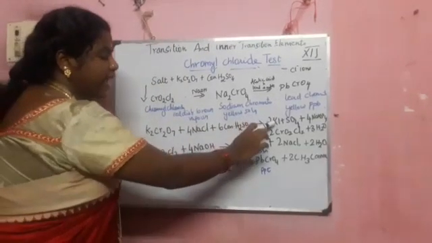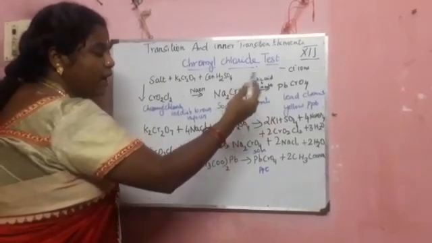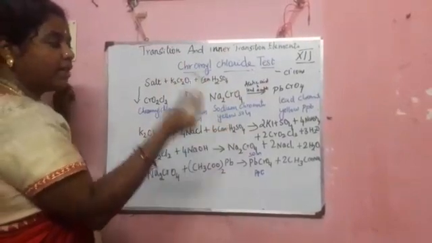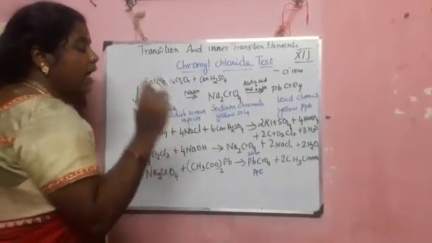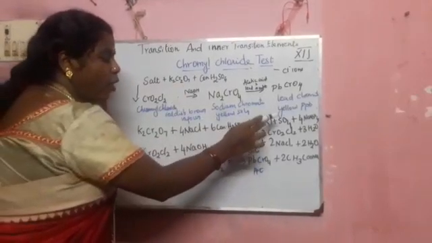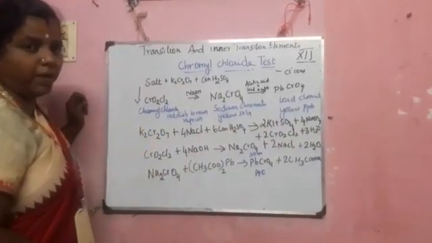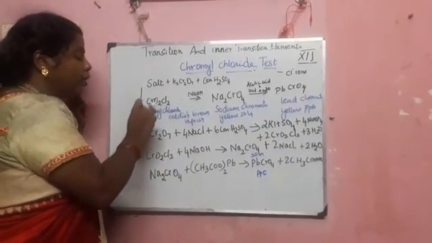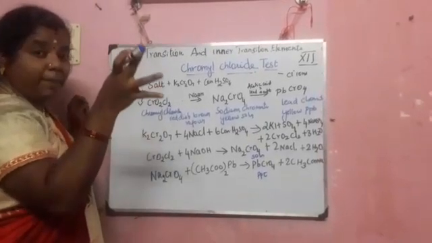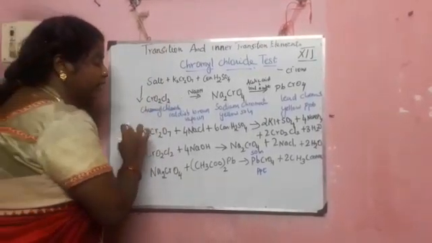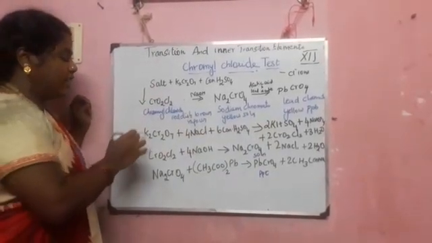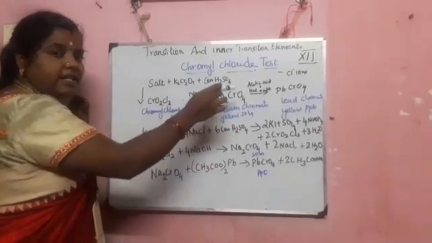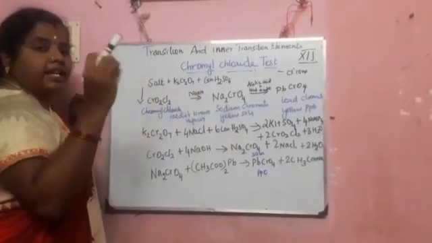You get KHSO4, potassium hydrogen sulfate, and sodium sulfate also. So other sulfates with sodium as well as potassium are formed. Then chromyl chloride is formed, and water molecules are also formed. So this is the first reaction involved in the formation of chromyl chloride. It is a red brown vapor. Those vapors come from the reaction between potassium dichromate, sodium chloride and concentrated sulfuric acid when heated. You can get those red orange vapors.